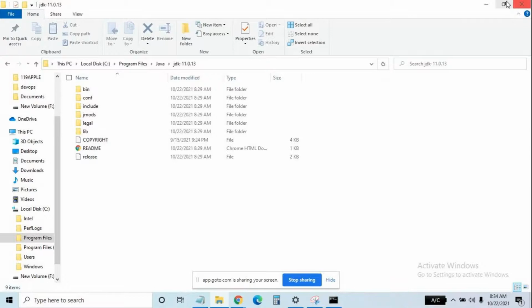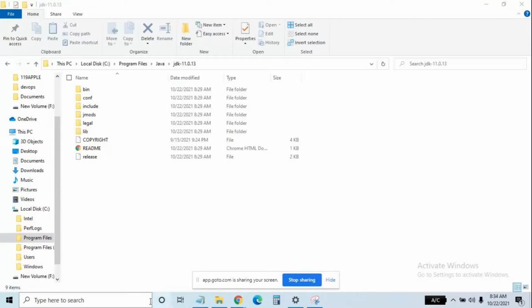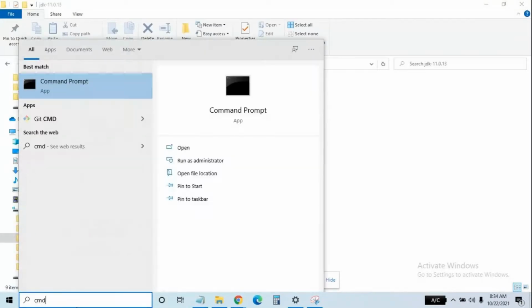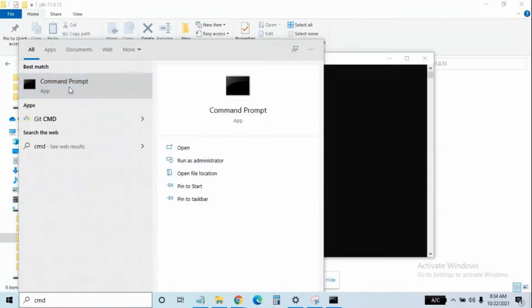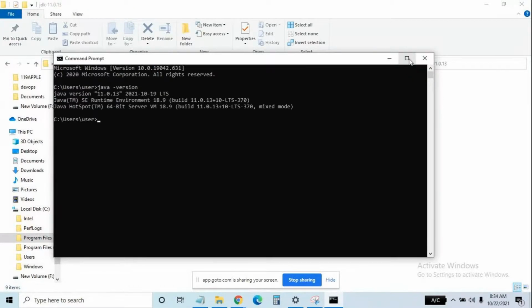Can you close the command prompt and open it again? Now you can check java -version.